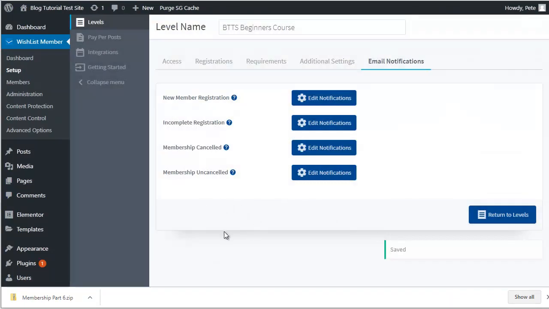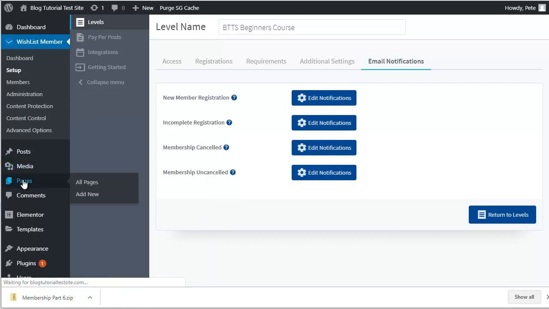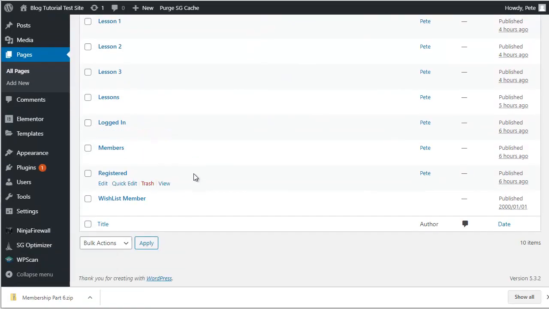Now the next thing we're going to look at is renaming the WishList Member page. So if we go to pages, we'll see when you install WishList, it creates this default WishList Member page. Now this is very important how it works, and this is really why they tell you not to change it. But the problem is when it's called WishList Member, when someone actually reaches this page, and I'll show you how that can be done, it will show WishList Member, which can be confusing because WishList doesn't mean anything to your members. So I'm just going to click on edit,